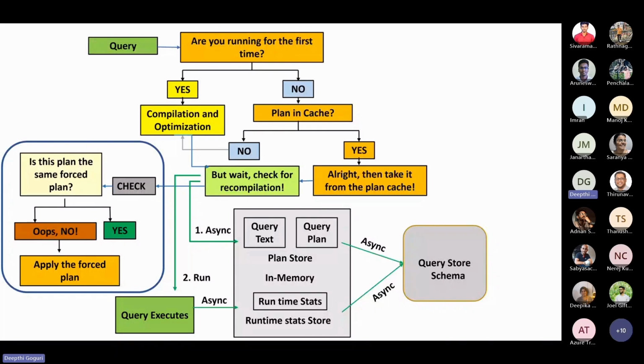So what is the advantage of forcing it? Since we know that particular execution plan works amazingly, SQL Server will take it and it works fine. Most of the time, forcing the plan is beneficial when you have parameter-sensitive queries running,